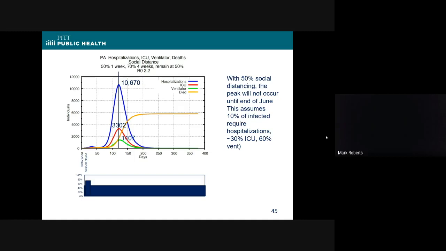And there's a bunch of other things that we have been thinking about putting in, that we have put in, and we can either turn on or turn off. One of them is that most of the other coronaviruses have what is called seasonal forcing, and so does influenza. That means the disease is much more transmitted and much more infectious in the winter and fall than it is in the summer. You know, we don't get much flu in the summer. We get flu in the fall and winter, or winter and early spring.